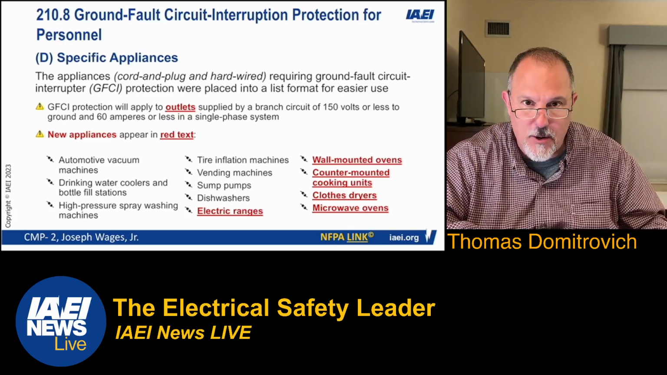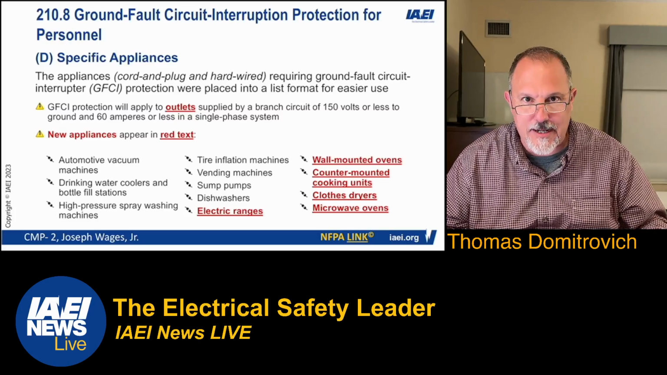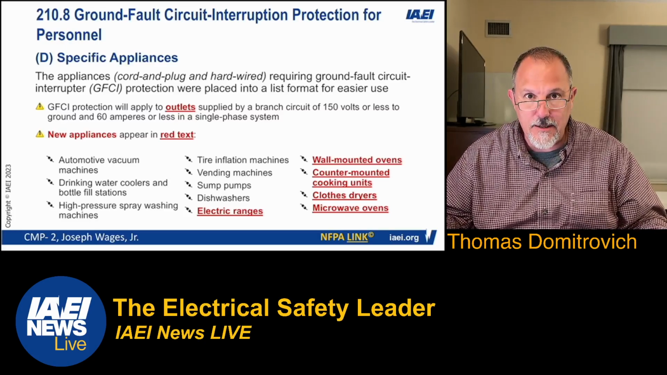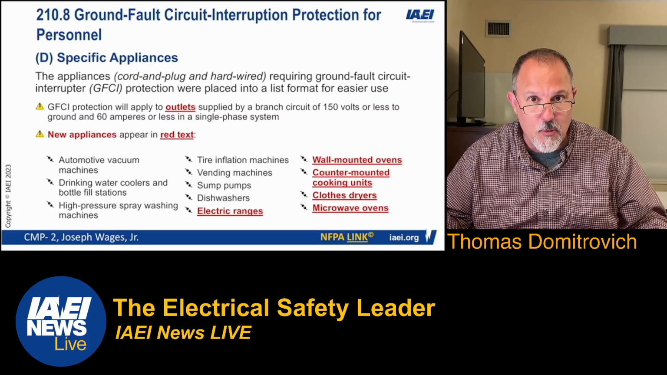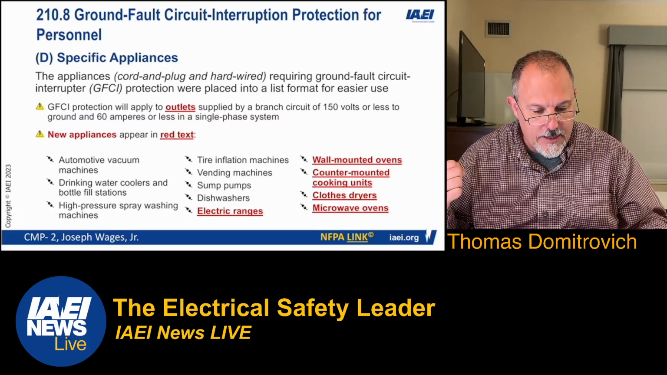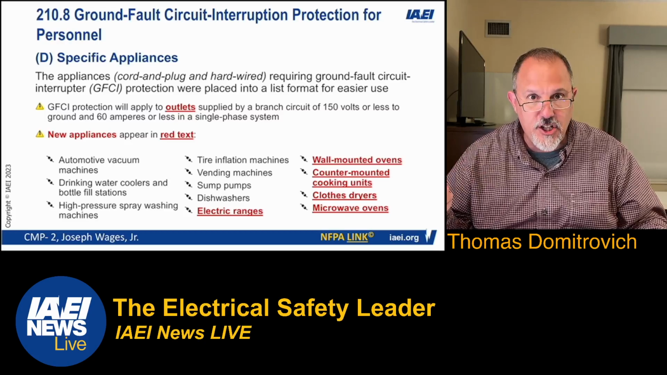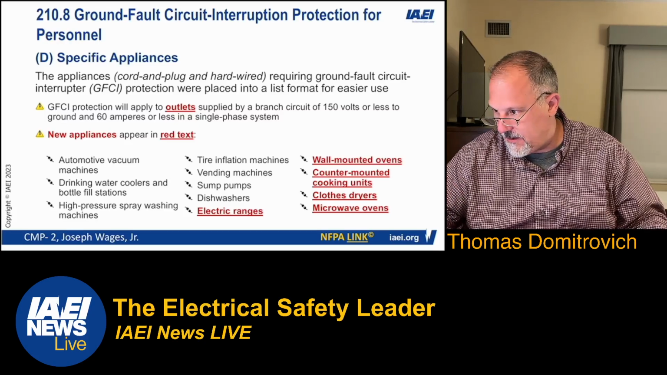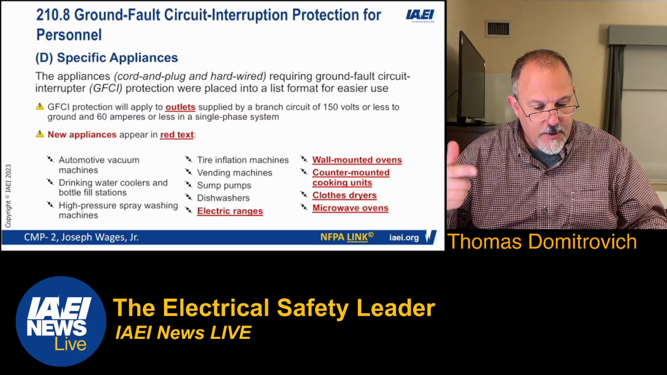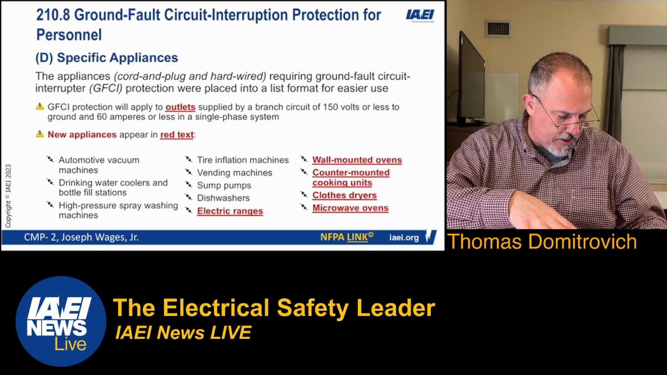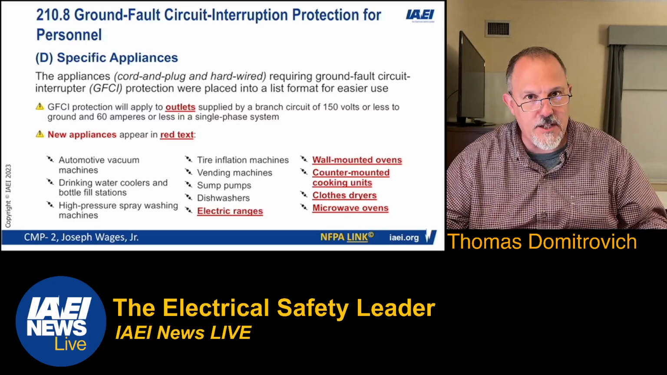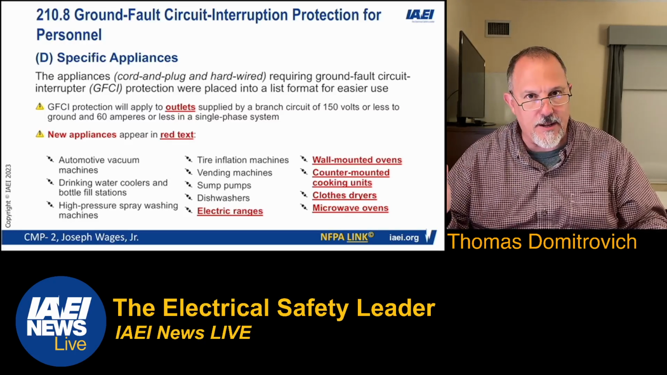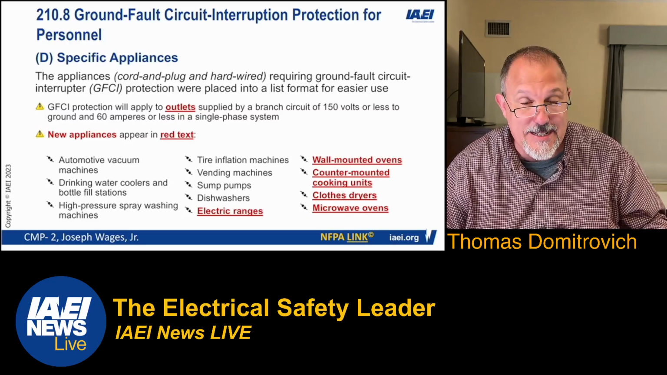High pressure spray washing machines. We took out the cord and plug connected because this is not just cord and plug connected. This is about hardwired. So we got rid of the cord and plug connected. Tire inflation machines, vending machines, sump pumps and dishwashers. That's what's in 422.5. It stops at dishwashers. We added electric ranges and the rest that are underlined there because of the CPSC database,